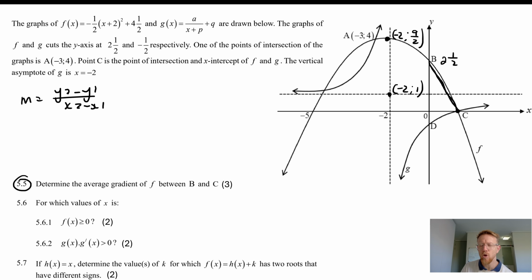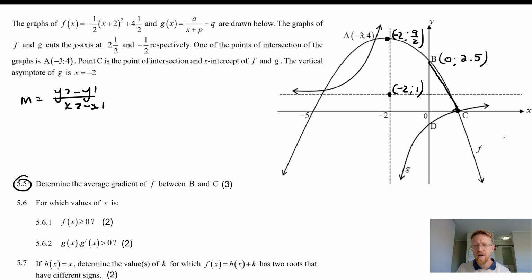average gradient. It's not the exact gradient, it's just the average, because, you know, this is a curve, and we're just pretending that it's a straight line. Okay, it's pretty accurate, but it's not the exact way to do it, but that's why they're calling it the average gradient. So we've got the coordinates of B already. We know that the x value is 0 and the y value is 2.5. We don't have the c value,